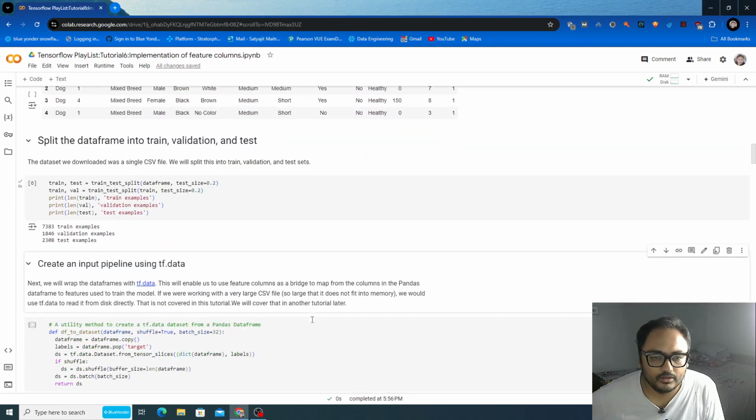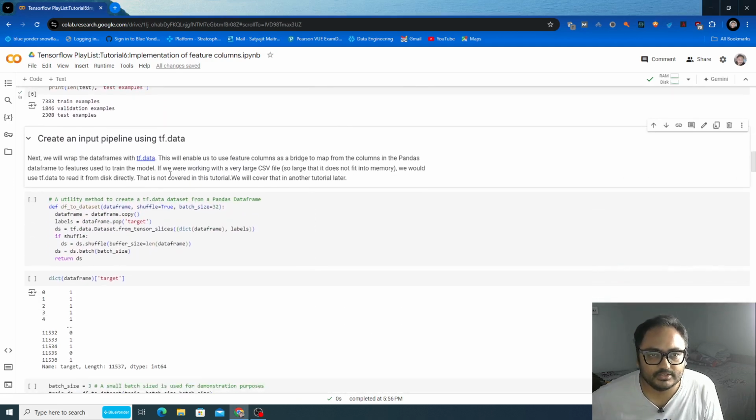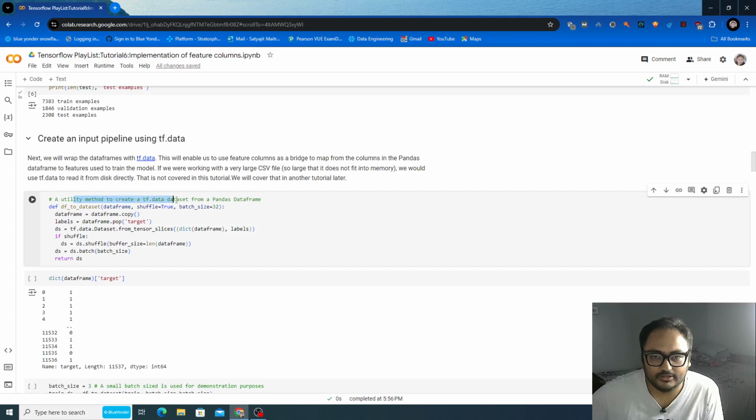Now your main part will start, and your main part will be the creation of an input pipeline using tf.data. As we have mentioned, this tutorial is about feature columns. Now, using feature columns with various data pipelines, that data pipeline will get into the model, then we'll get predictions. So first, we'll create a utility method that will create a